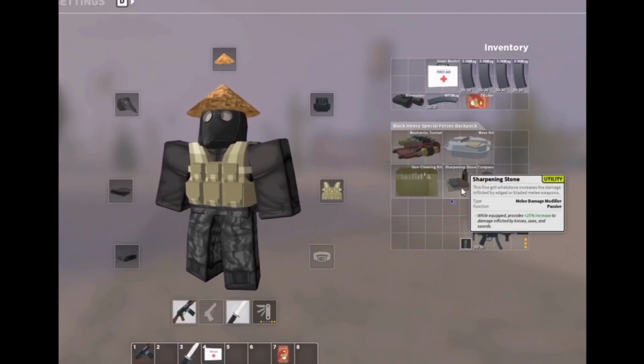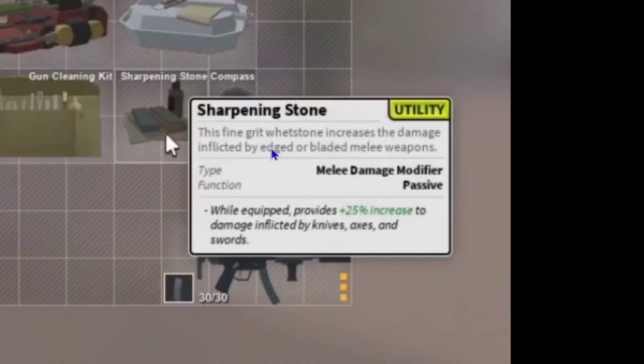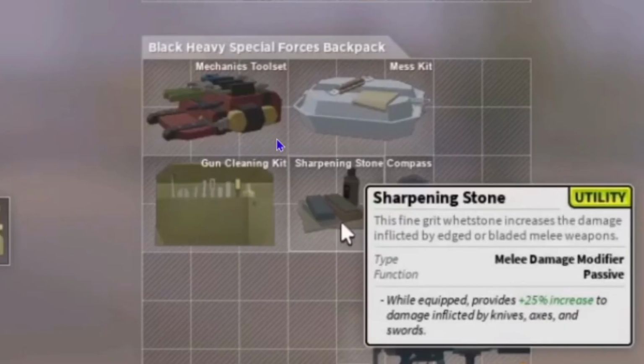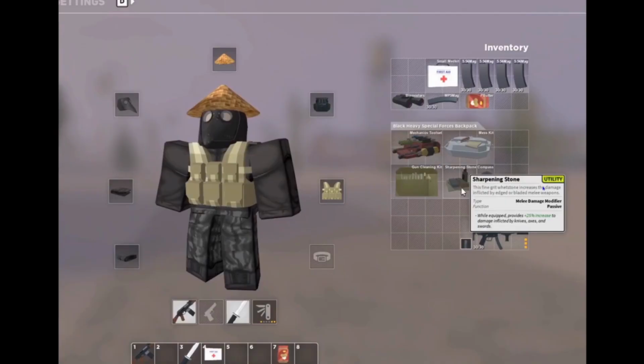So he's going to drag his cursor over to the utility item, and when you find a utility item, it will have the utility icon, like how rare weapons, special weapons, and other things as well have this icon. So you may be asking, what do these utility items do, like the mechanics tool set, gun cleaning kit, mess kit, whatever? What I'm guessing they do is when you grab the kit or whatever kit you find and you put it in your utility slot, you can equip the utility and use it for some experience or some special